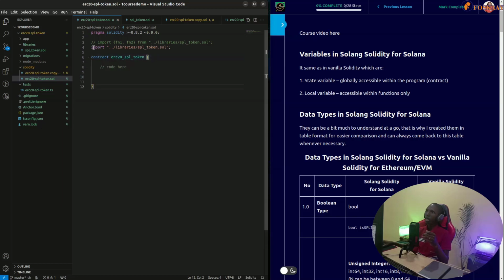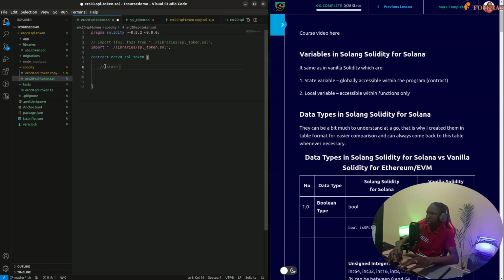almost all the code that will run for your contract will be inside this contract block. Usually the imports, or in some specific cases some other code, can be outside, but most of the code that will run has to be within it. So anything within this contract, from here to here, any variable you declare here is